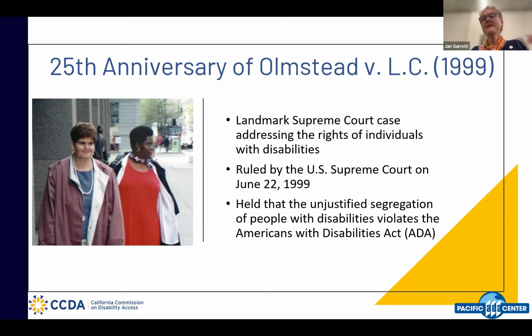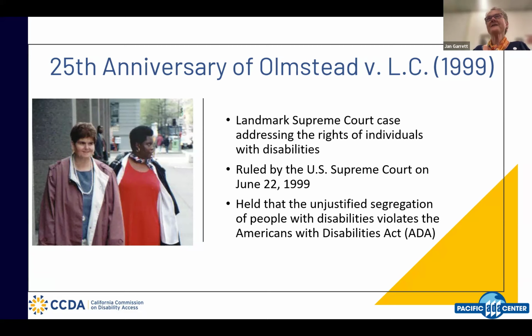But for some reason, the state of Georgia thinks that we need to stay in an institution. And the state of Georgia is pushing all its money toward institutionalizing people instead of helping people be able to live in the community. And so what Olmstead decided by the U.S. Supreme Court was that unjustified segregation